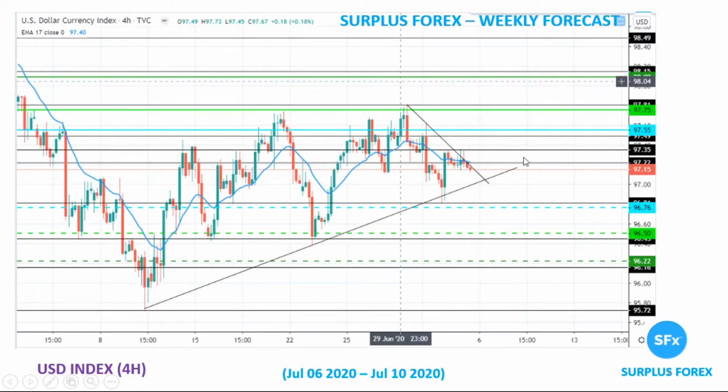On a 4-hour chart, if it breaks 97.50, then a good entry point will be 97.55, with the first target at 97.75, just below the resistance, and the second target at 98.06. On the reverse side, if it falls below 96.85, make sure it gives a good test at 96.776. That will be a good entry point, with the first target 96.50 and second target 96.22.